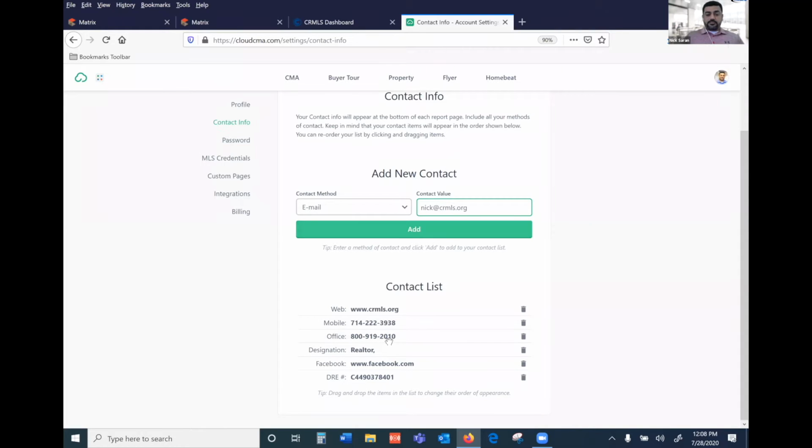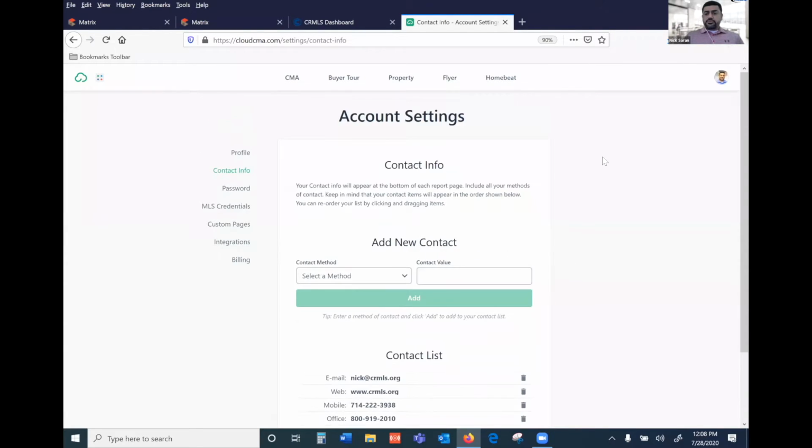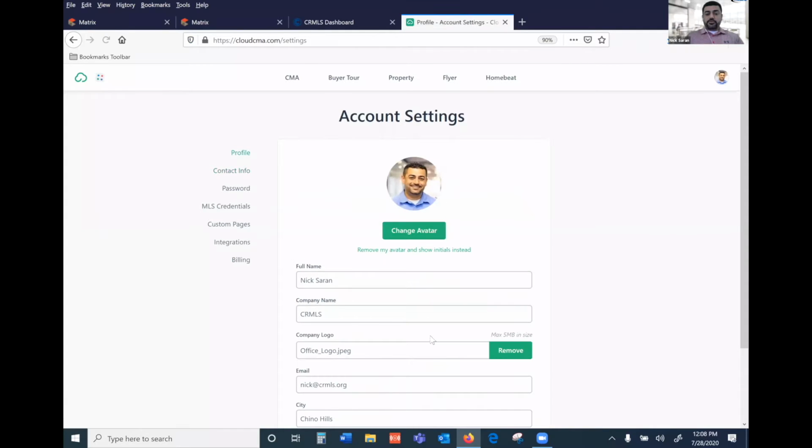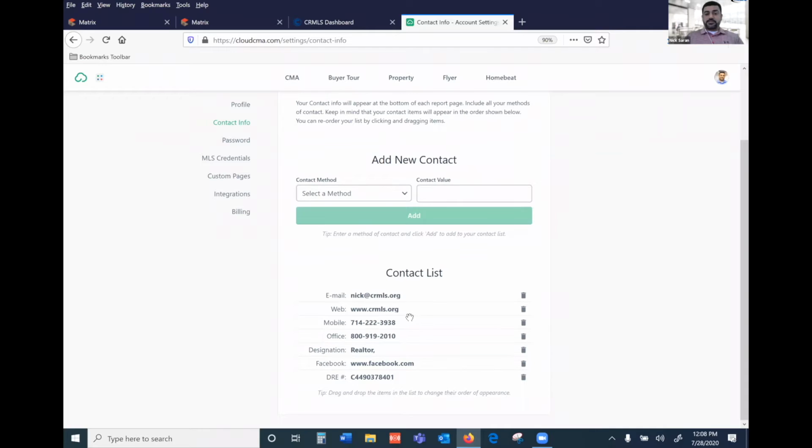Oh, there you go. And you just simply drag and drop that contact information in any order that you like. So those are two areas that you wanted to update before getting started with Cloud CMA. Again, click on your initials, account settings, add your photo, your company logo, and then contact information is adding your contact information. Okay. Once this is done, let's talk about how do we search comparables, how to search comps and